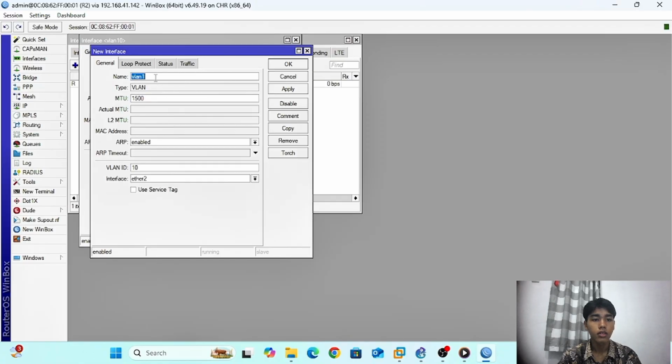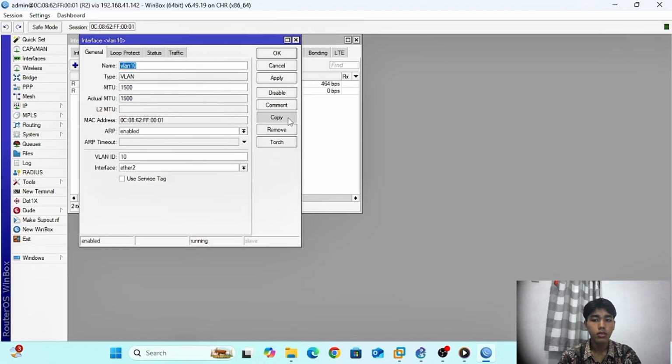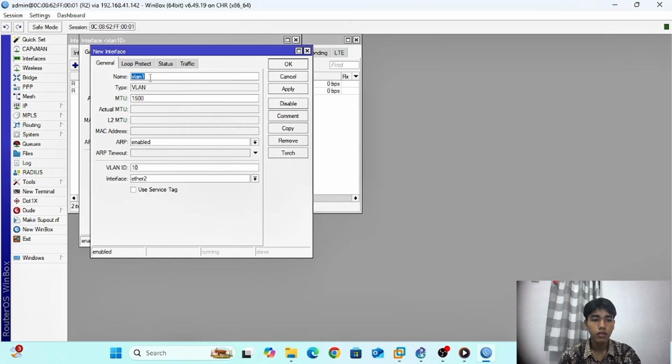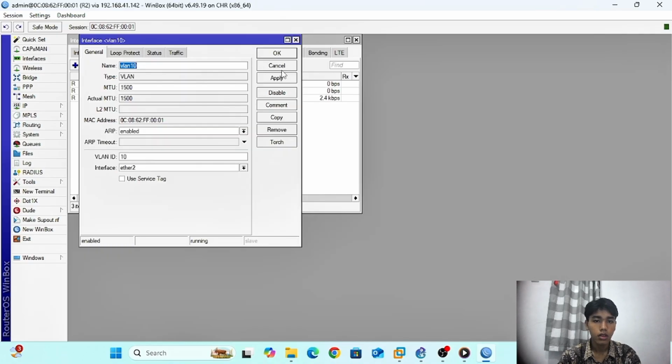Okay, copy and create VLAN 20, VLAN ID 20, interface ether 2. Add, copy, create VLAN 13 and VLAN ID 13, interface ether 2, okay, apply.